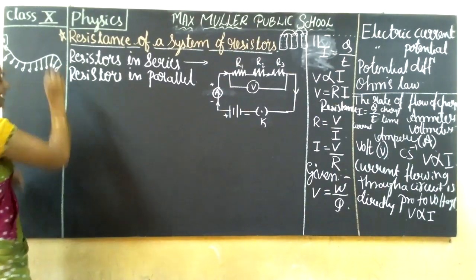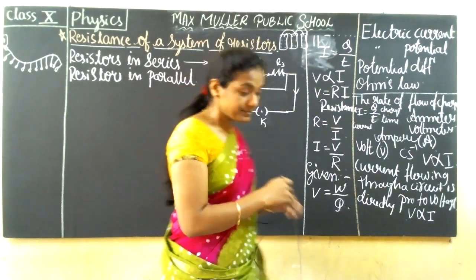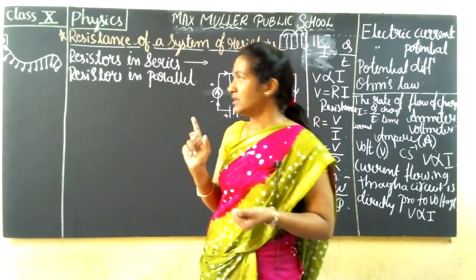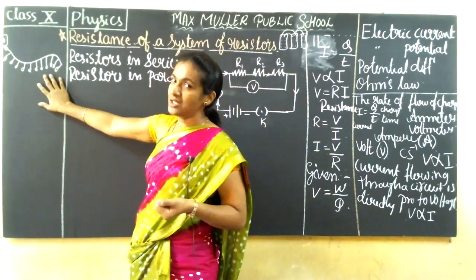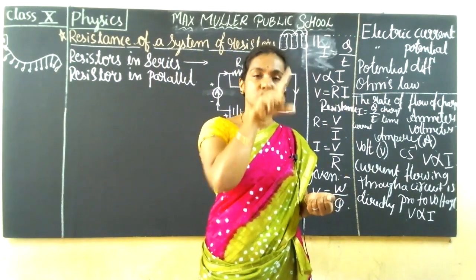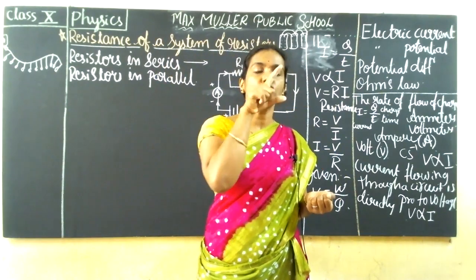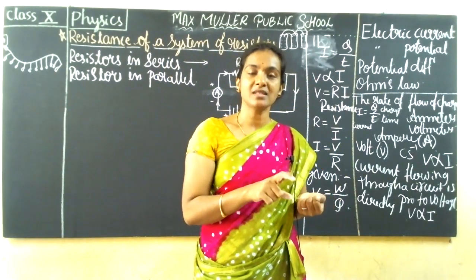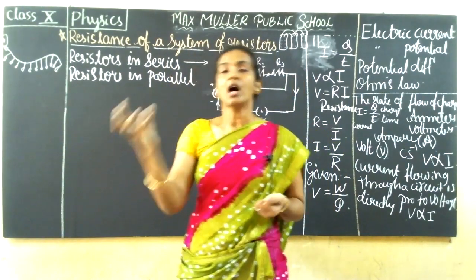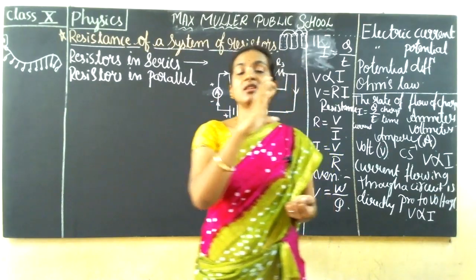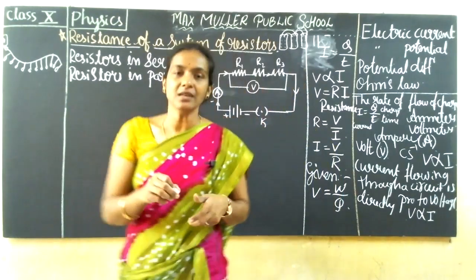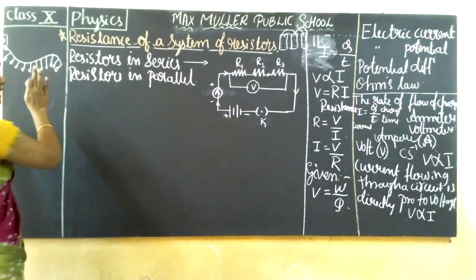So tell me, guys, when you take this thing and connect it, you are going to apply some current to this. Tell me one thing: when you plug that into the board and switch on the button, when you allow current to flow into that wire, what happens here? Are all the bulbs going to glow, or only the bulbs very near to the switch? Are you getting my point, guys? Concentrate here.